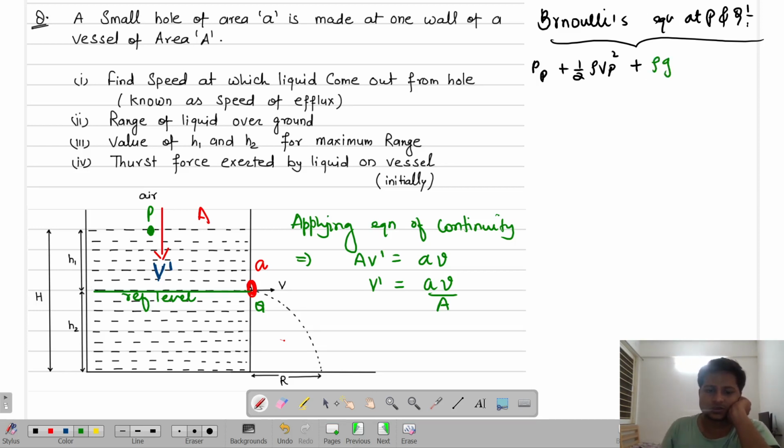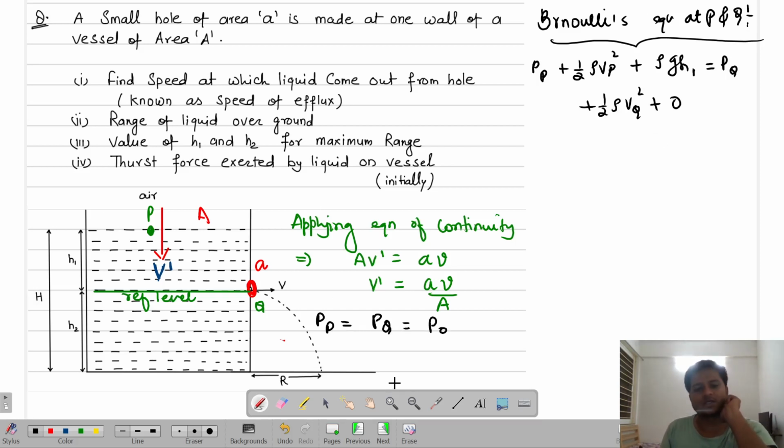So rho g h1, that is, the height of point P from the reference level is h1, isn't it? Atmospheric pressure at Q is PQ plus half rho velocity at Q square plus 0. Now you know that pressure at point P is equal to pressure at point Q,